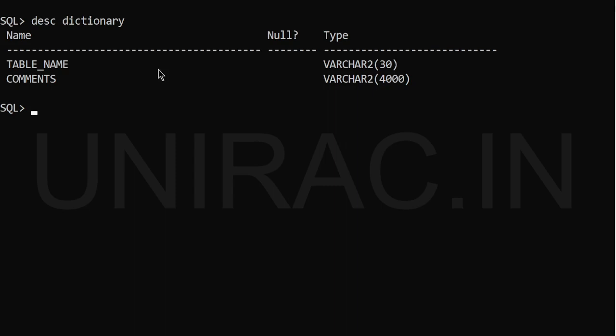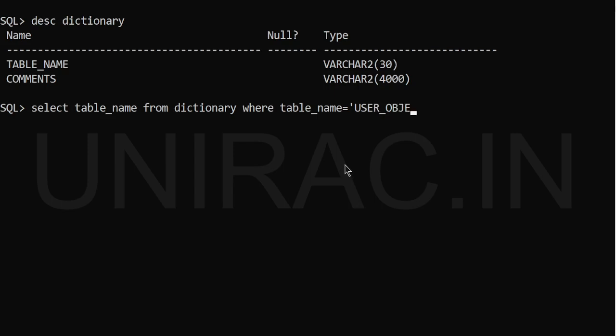Let's see how we can search for a particular keyword from the comments column. So select the table name which you are going to search from your dictionary table, where we'll use the comments column here. Either you can search with table name first, USER_OBJECTS.